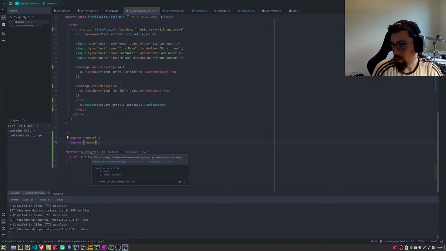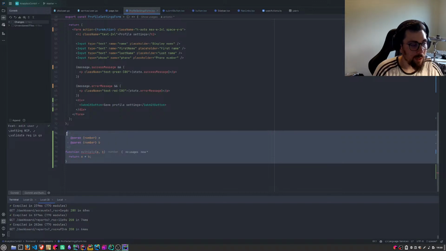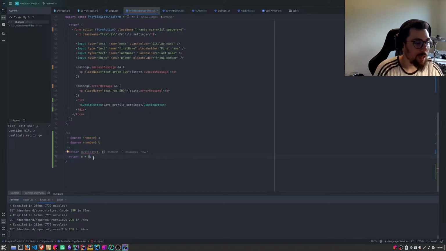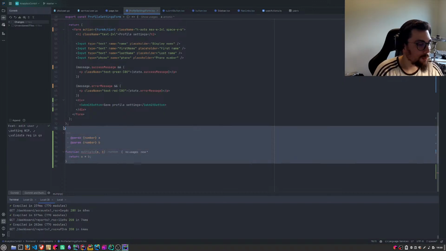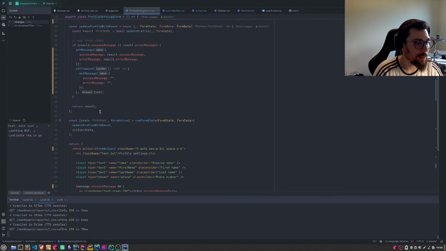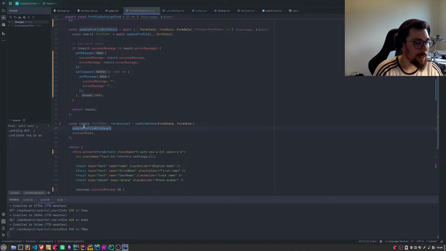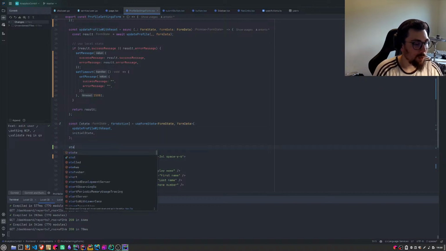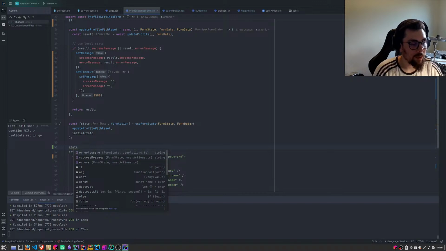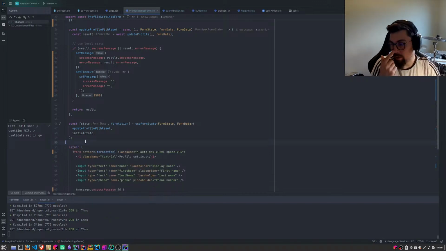But if you were using JavaScript, that would basically be it. That's how you would handle your types. It would be typed, so you would have IntelliSense, like how you have IntelliSense when, let's say, this state is typed. So you would have IntelliSense just like in TypeScript with those docs. But that's pretty cool.